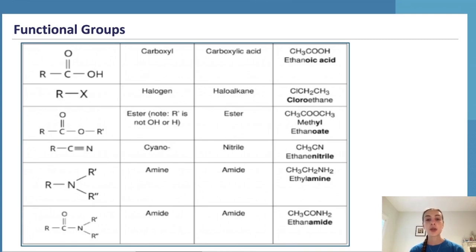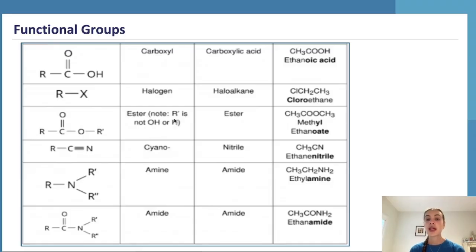But then from that single bonded oxygen onwards, they continue with another carbon chain, being another alkane chain. And so this is what's known as an ester. They can also be called alkanoates,